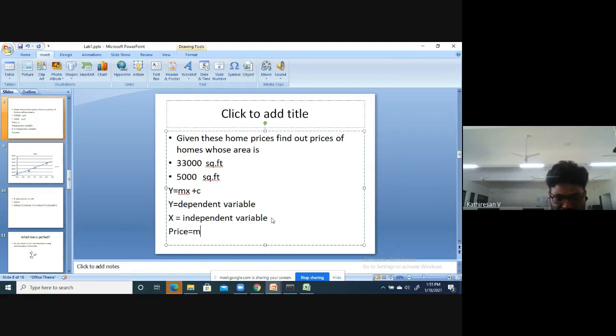So x is nothing but the area. Plus c we have to give. So we have to rewrite the formula like this. I will tell what is m and c later, and we will do the practical things later.